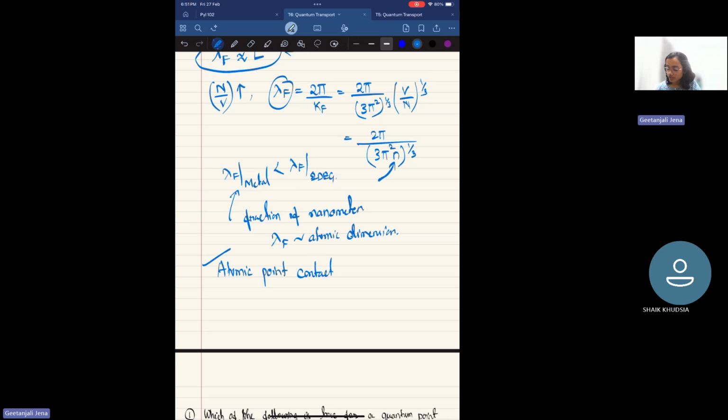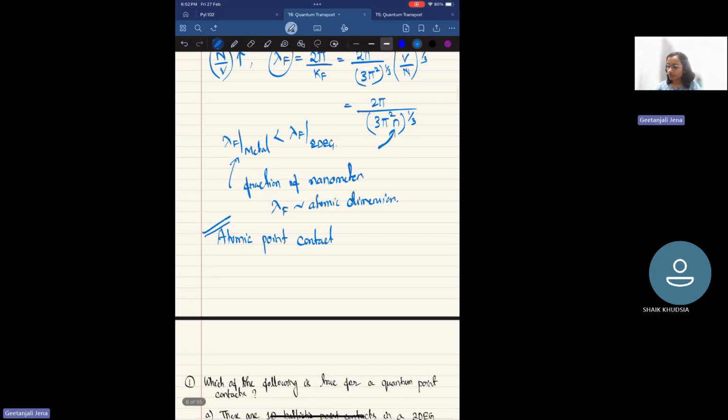So this is the overall concept of how we can see the same quantization for the metal case. If you compare the transport in semiconductor as well as metal, and take the same dimension for both cases, in one case we'll see quantization, in the other case we won't if we consider the same device length. But if we decrease the device length or the constriction width for the metal to atomic dimension, then we will be able to see the same quantized conductance for the metal case.